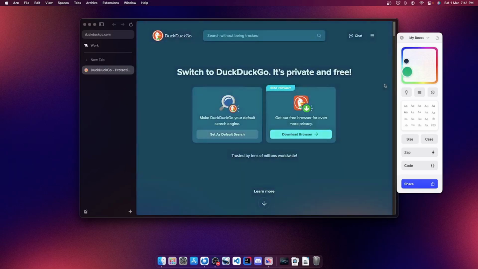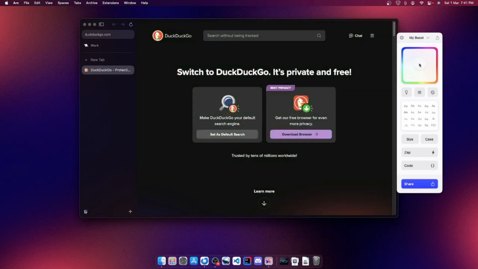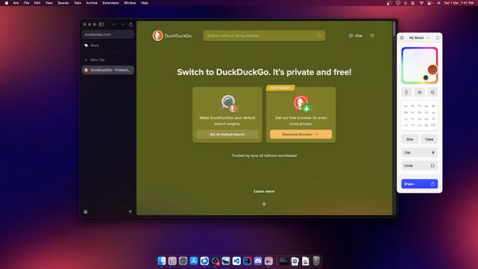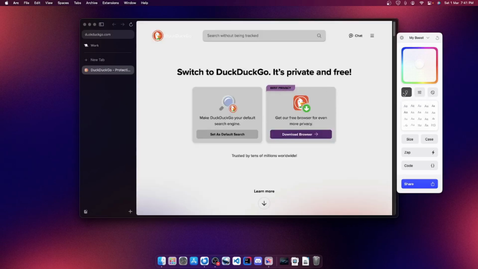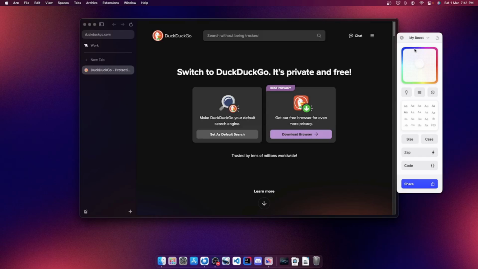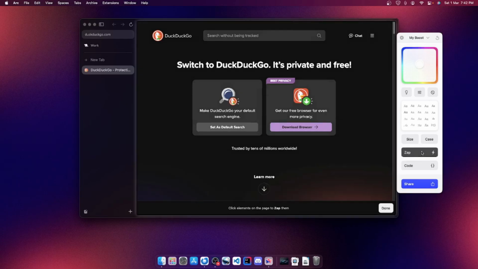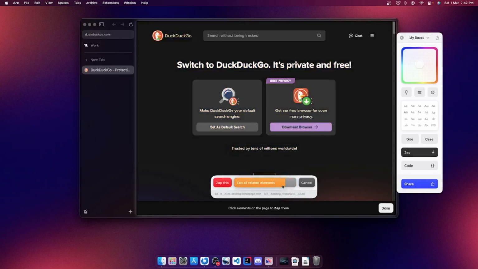Right now, DuckDuckGo is already in dark mode, so that's a problem. If you click this, it can invert the lightness, so it becomes light mode. But I'm pretty sure everybody likes dark mode. We can also zap something. I think what it means is we could remove elements. So let's say we want to remove this "learn more".